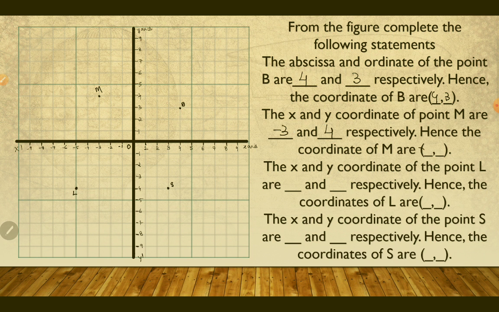So -3, 4. The x and y coordinate of point L are, x is -5 and y is -4. So -5, -4. The x and y coordinates of point S are,